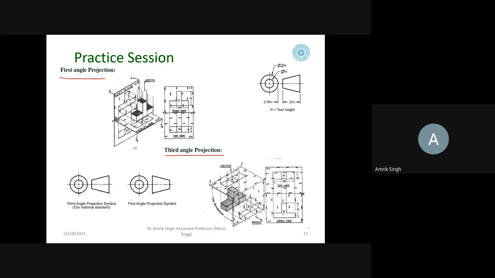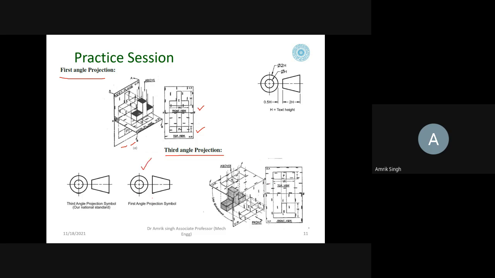So when you open this horizontal plane like this, the top view comes downward. So that's why in the first angle projection, it is drawn like this. Okay? This is the first angle projection. So the symbol is always like this.